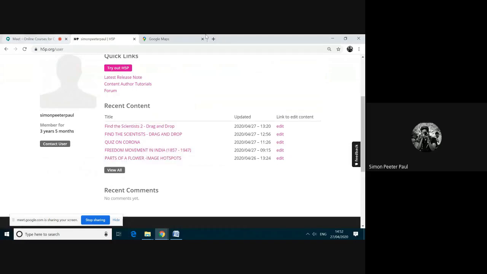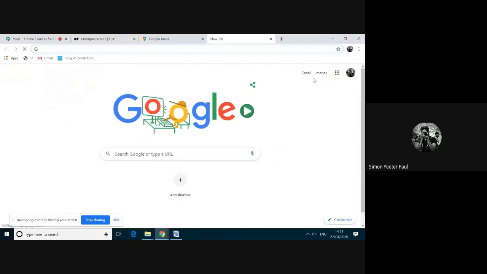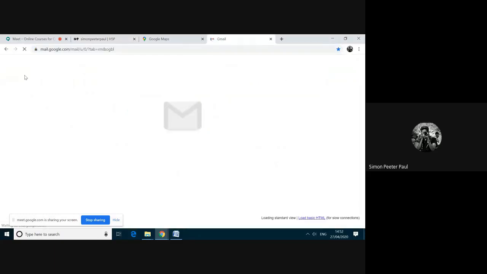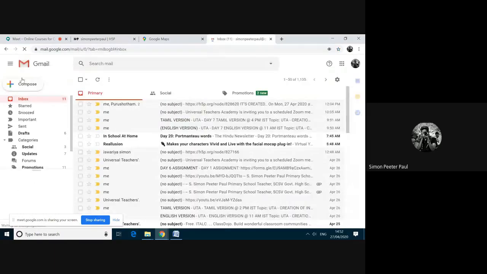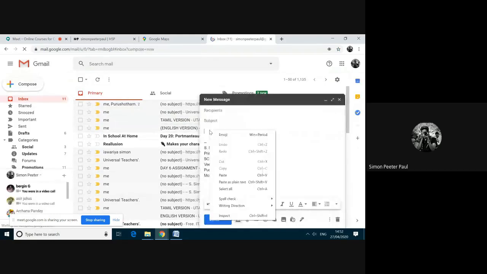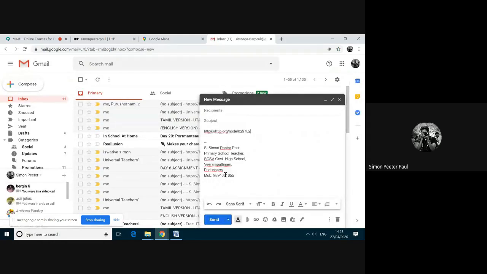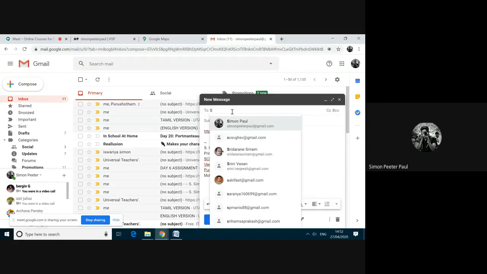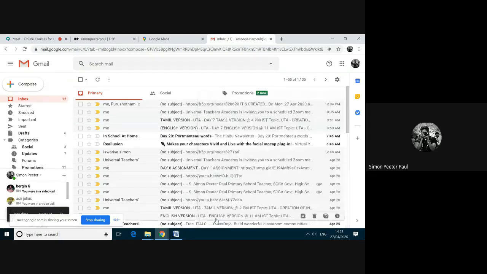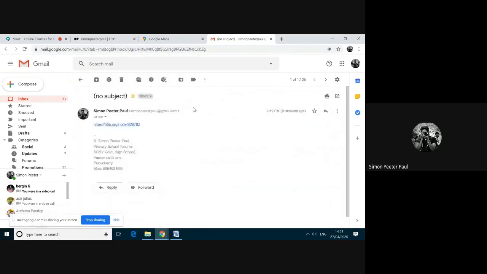Then I go into my mail and compose, and paste it here. Here is the h5p.org, this is the content, and this is the node number. I can send it to anyone. If I click this one, it opens in a tab.